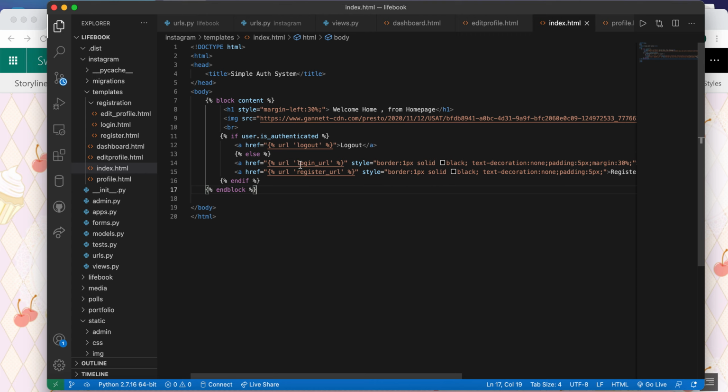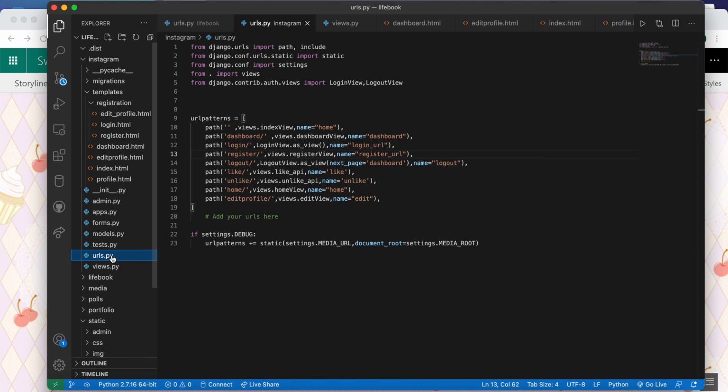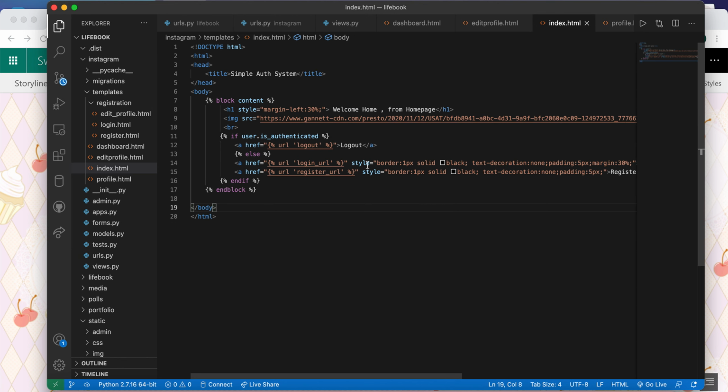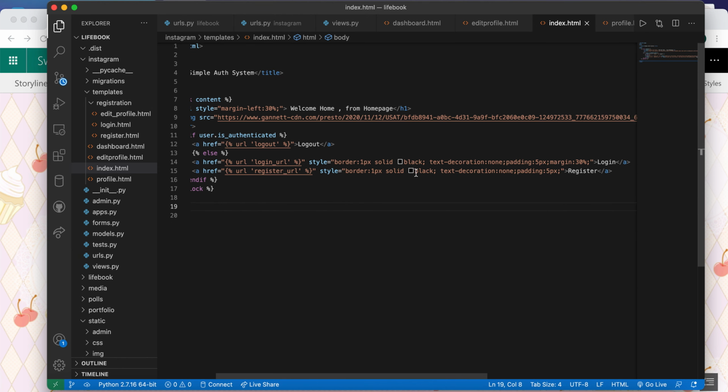Then you might wonder that this is some strange kind of link which you might have never seen before. So this basically is login.url, it is a name which we have given in our urls.py file, right? So let us open it and let us see, we have given this view a name, that is login.url, that is why we are using that thing over there, right? So where were we in that? Yeah, so that is basically because of that, and this is nothing, just the styling, right?